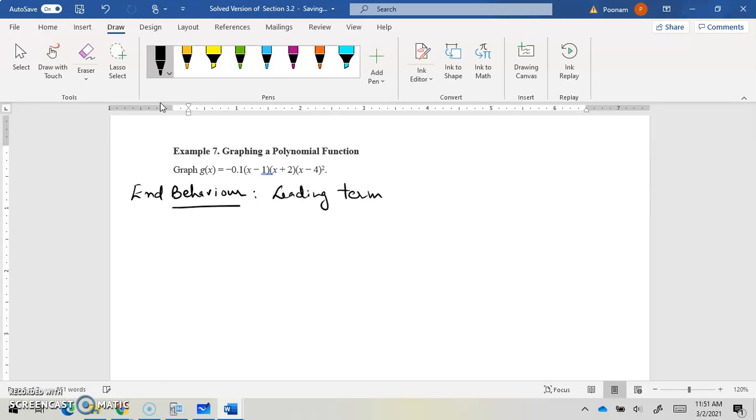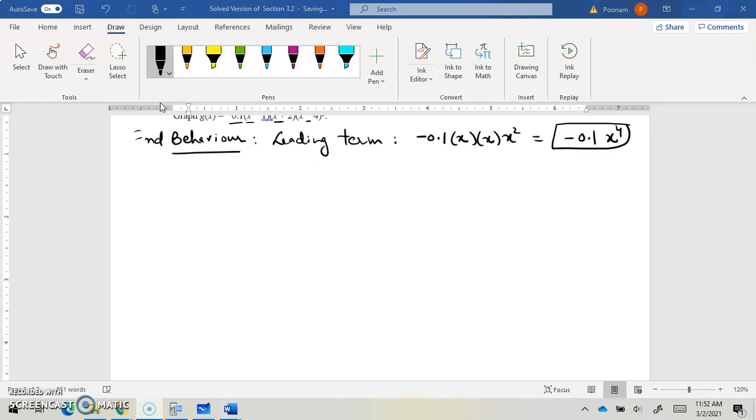Where is the leading term? Now this polynomial has to be solved first. So I'm going to find the leading term in each of them and multiply. The leading term would be equal to negative 0.1 times x times x times x square. So that would give me negative 0.1 x raised to power 4. So I noted,